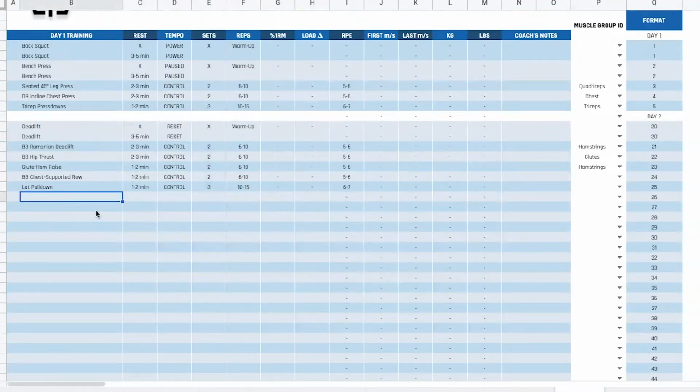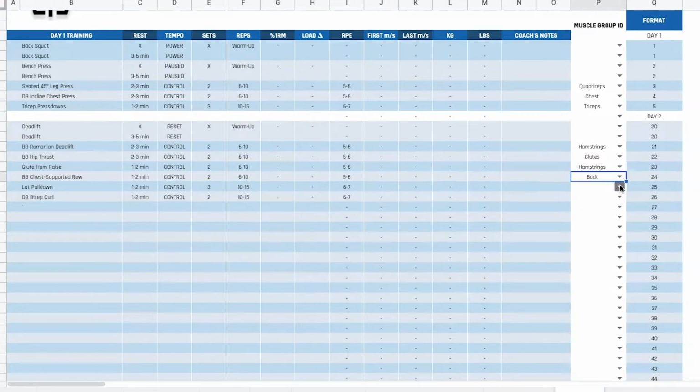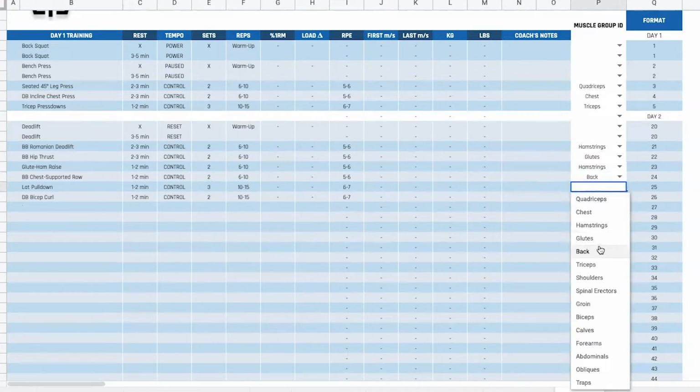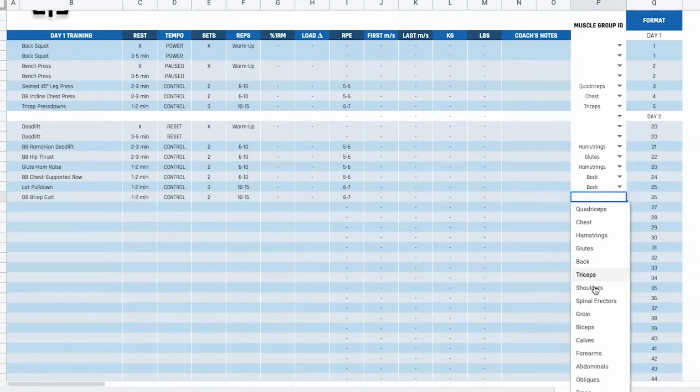Deadlift's not going to take long, so why don't we give them a little bicep curl too. That's okay. So we'll go through. We'll track what we're doing here for muscle groups,